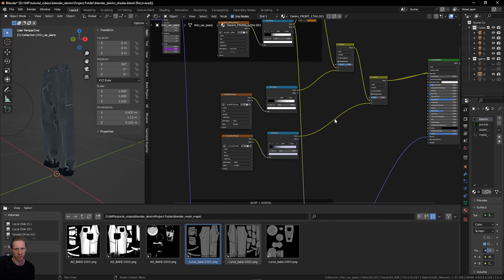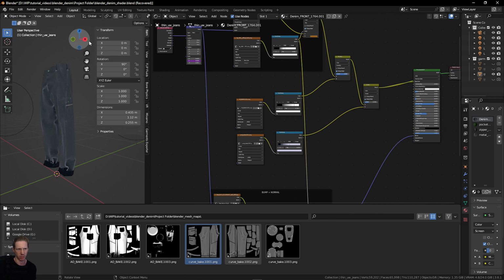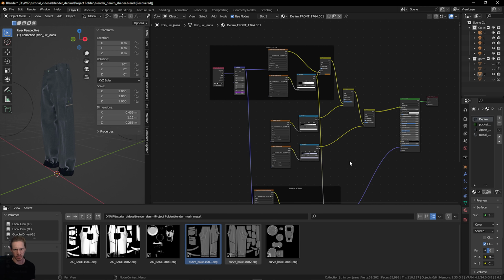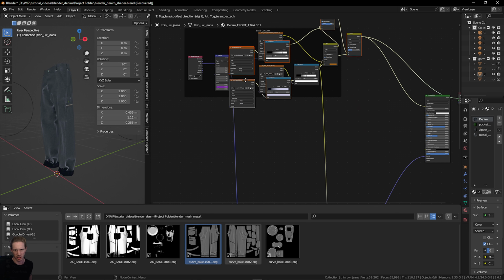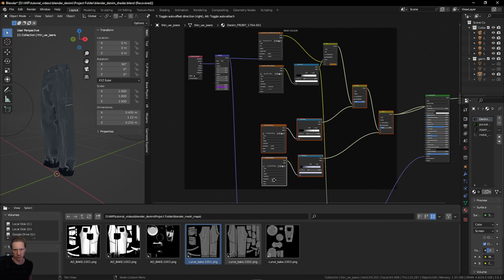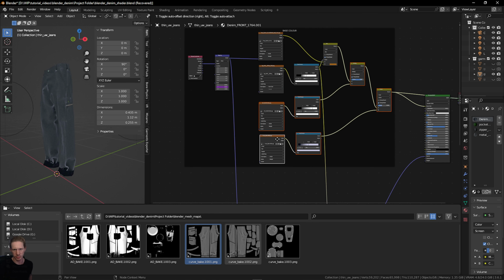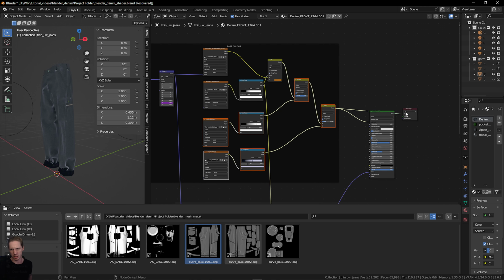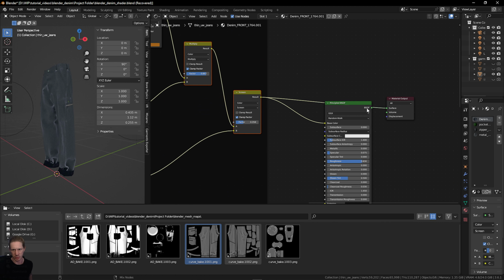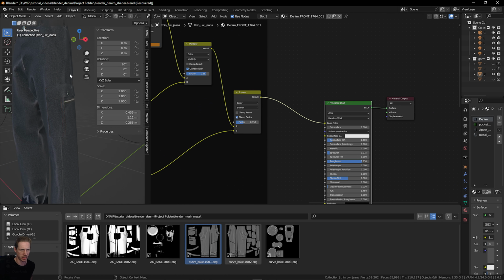So we've now connected the mesh maps that we've baked, and then we're going to build more and more layers on top of this. For now, all of this can actually be brought into the same frame here because this is all for the base color. So I'm just going to drag this over and bring it down again and just try to keep things a bit organized so we can see what we're blending together. Then if I look at this in material, Control Shift and left click, this is the start of our